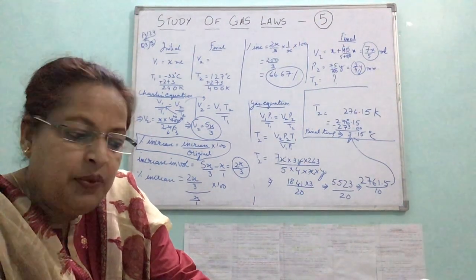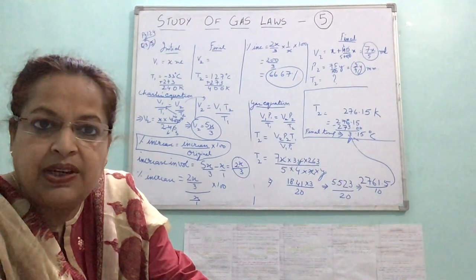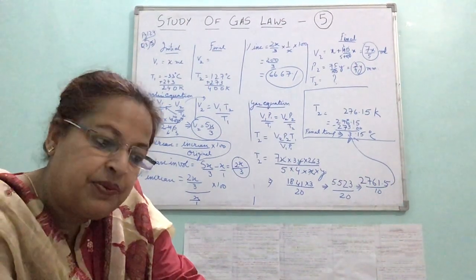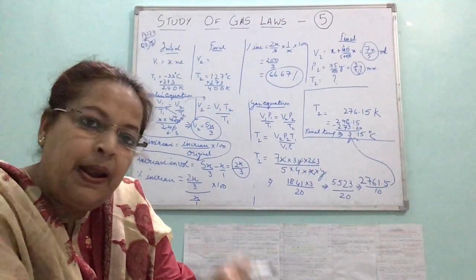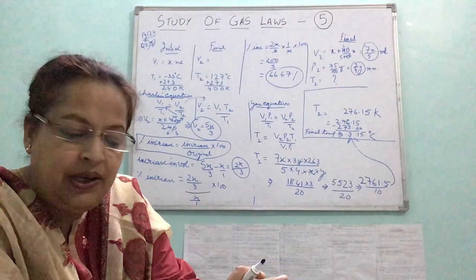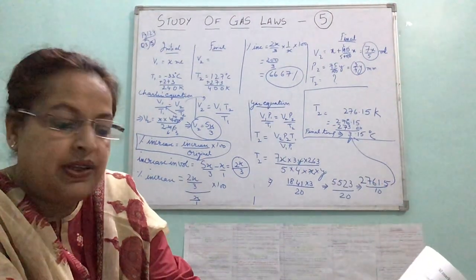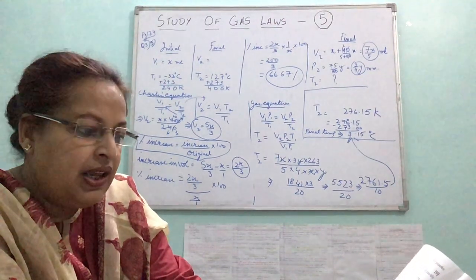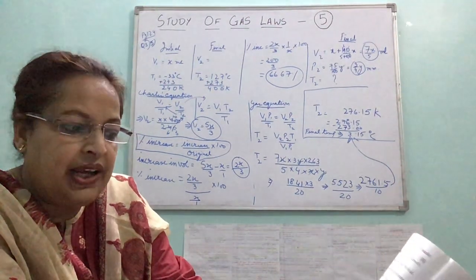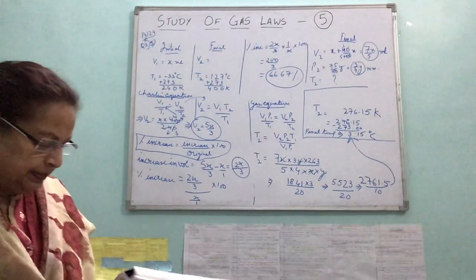So when I put the value of initial pressure, it will not be 750. From 750 we will subtract this 14 millimeter, which is the pressure exerted by water molecules. So that's the only new change from the remaining questions. Let's continue further. If the volume of the gas collected is 50 cc, calculate the volume of dry gas at STP. Let's do this question.